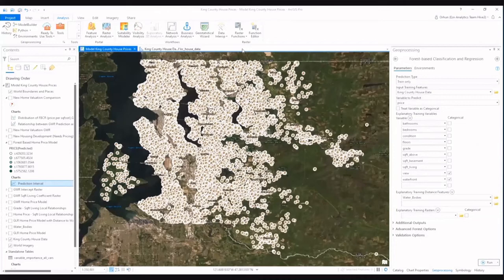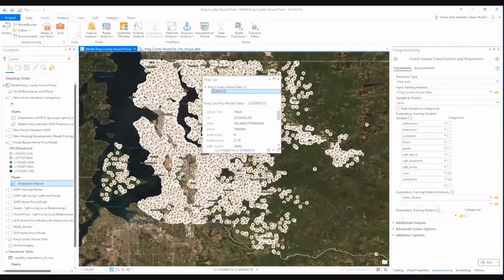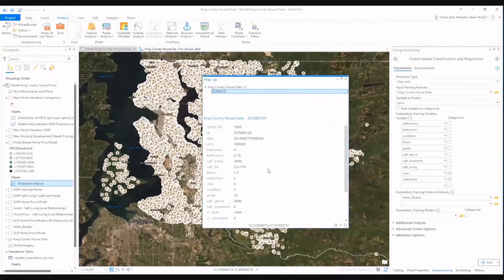In this demo, we will explore uses of regression analysis inside ArcGIS Pro to understand house price drivers in King County, Washington. The data on the map is from an old Kaggle competition, and when we investigate the fields, the variables that exist in this data, you will see that this data is quite rich in terms of different attributes of a house it contains, such as the sale price of a house, number of bedrooms, bathrooms, square footage of living space, and so on and so forth. Using regression analysis, we will relate different attributes of a house to its sale price. Once we have a relationship that can accurately predict the house price, we can use that as a house pricing model going forward.